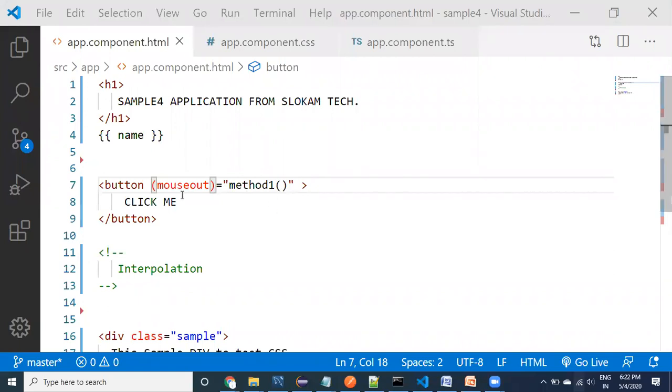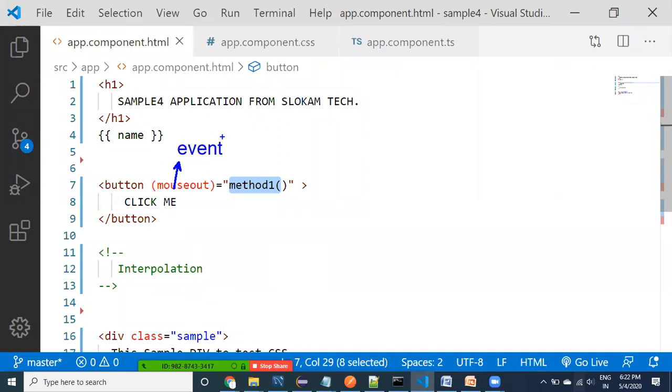So what I'm doing is, on mouse out, we are doing method one. Here this can be called as the event, and this can be called as the action. This is going to be the action, this is going to be the event.